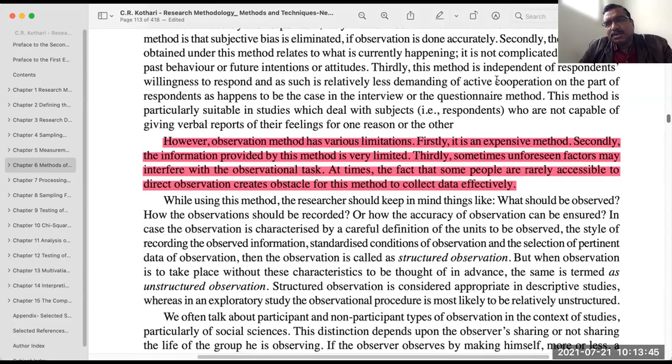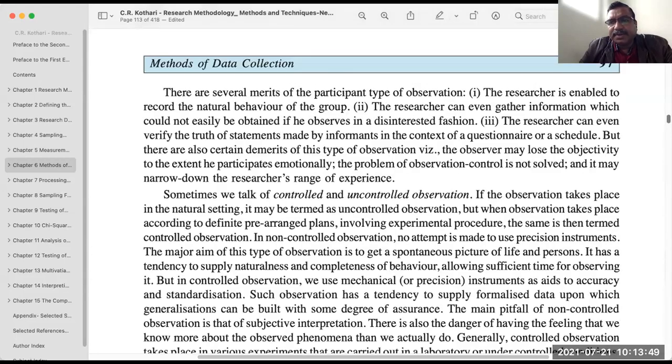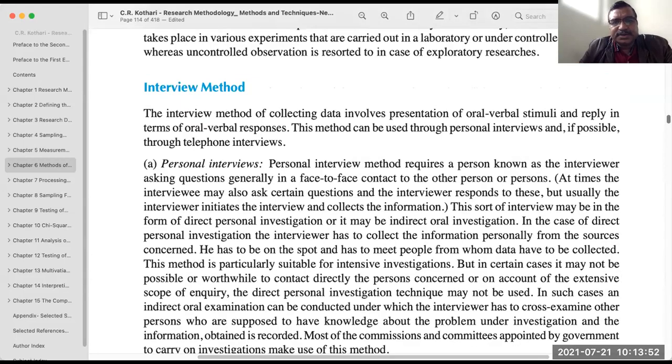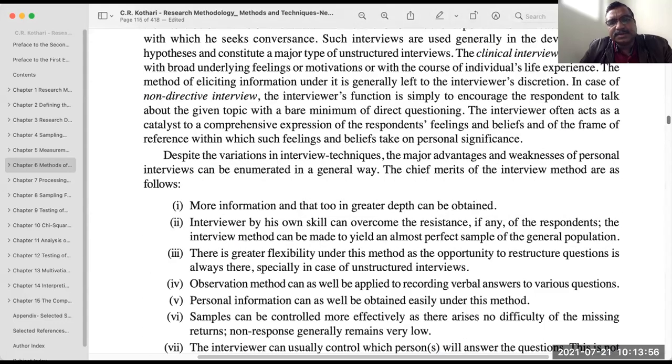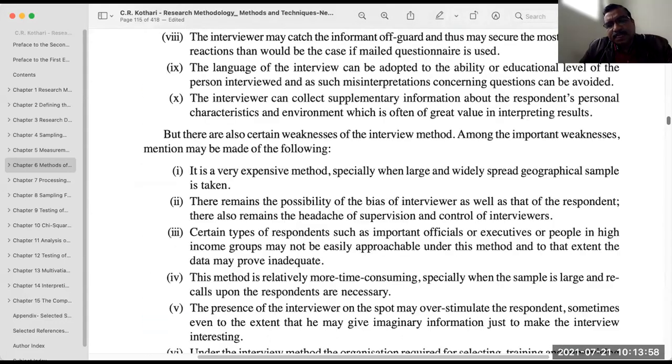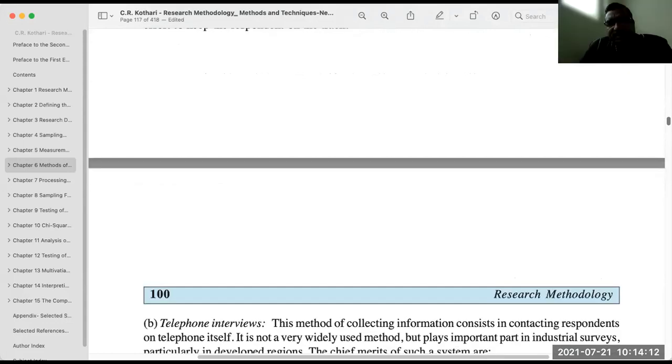Go through the basic benefits, advantages and disadvantages of each technique: interview method, observation method, and others. I just wanted to highlight that. This chapter is not in the course outline, but it may be helpful when you design any kind of questionnaire and other things.